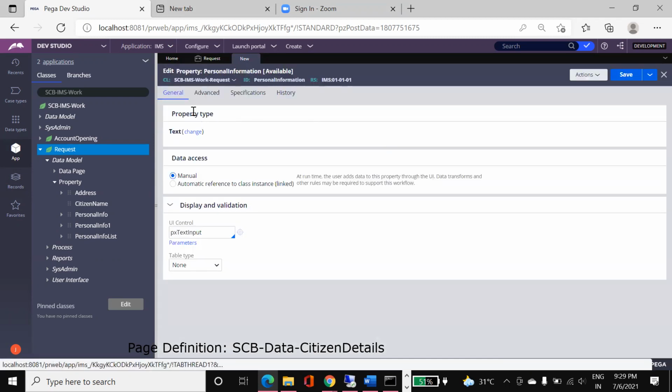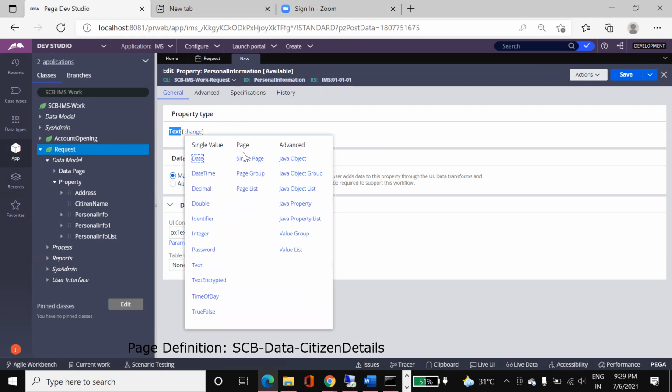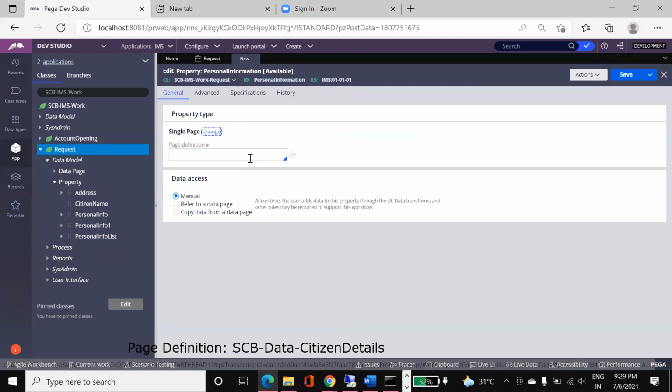Now here we can change the type of property. By default it will be text, but you can change it here. You can see single page property, so select single page property. Once you select it, it will ask for the page definition. As we discussed in the example, you can give any class, no problem.